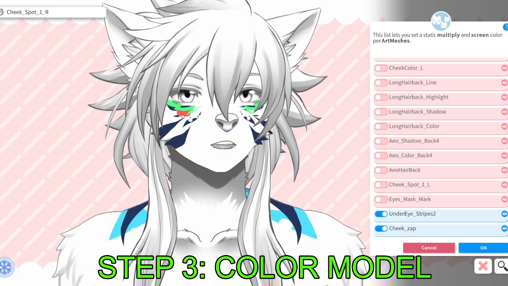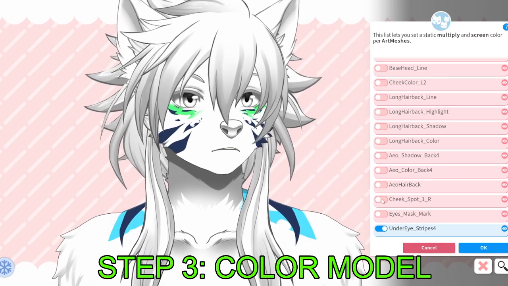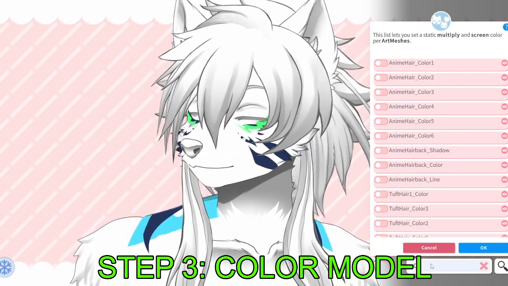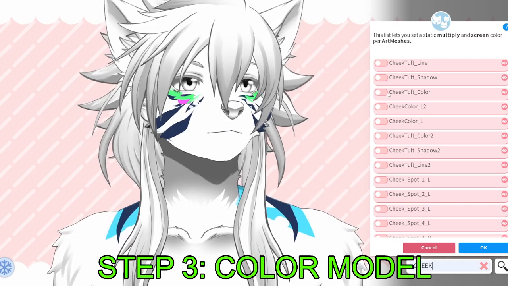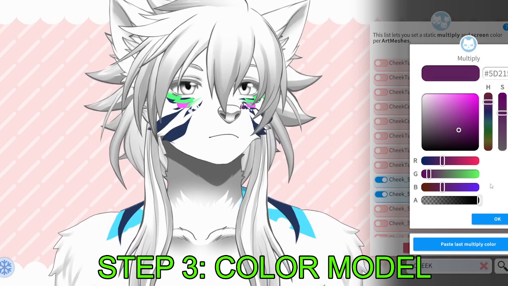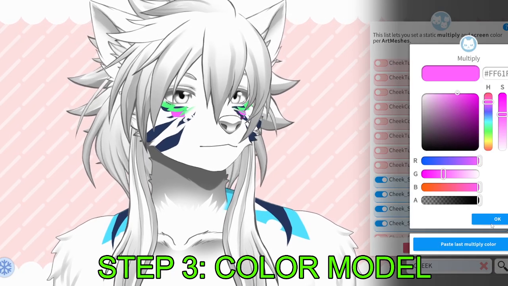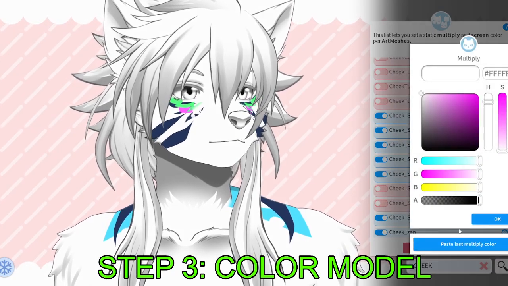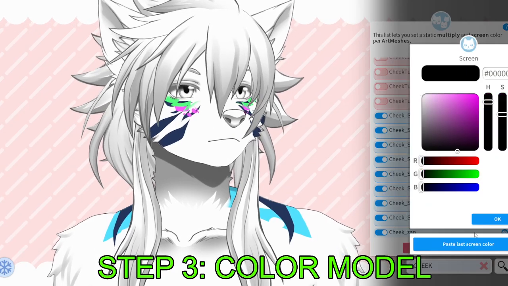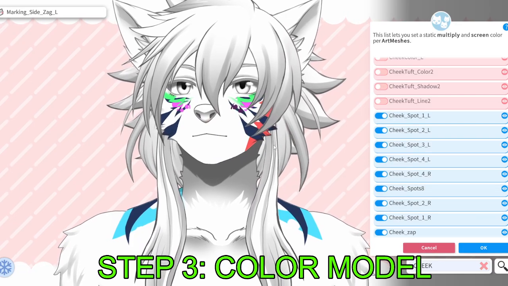And then we have cheek spots. Again, there's a lot of pieces here. It's going to get crazy real quick, so I'm just applying colors at random. Let me search cheek. So we have cheek spots. Let me put colors on the spots. It doesn't really matter what color. I'm not making this an aesthetic model. I'm doing this as an example, but if you want to use these spots, by all means, put the colors that you want. And then any pieces that you aren't going to use, I'll show you how to more easily